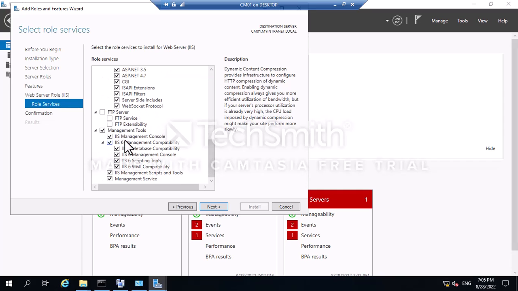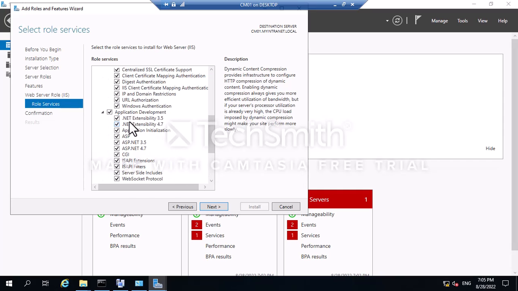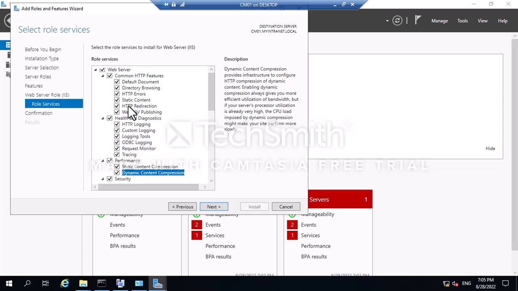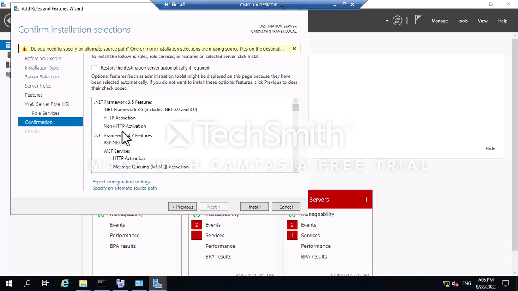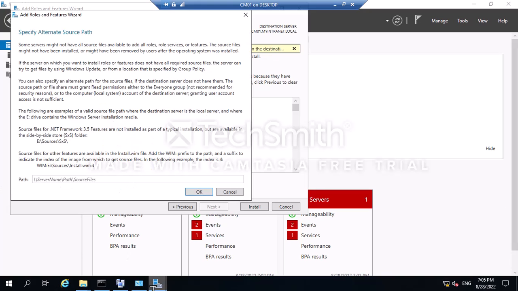So here we can only ignore the FTP servers, and the rest we can select all checkboxes. Okay, next. Here is a tricky part. Suppose we go to install, then it fails. Why? Because we have selected some features, and roles always require an alternative source path, like an ISO. It is required for the installation of features and roles, so we need to click on try the alternative path, and